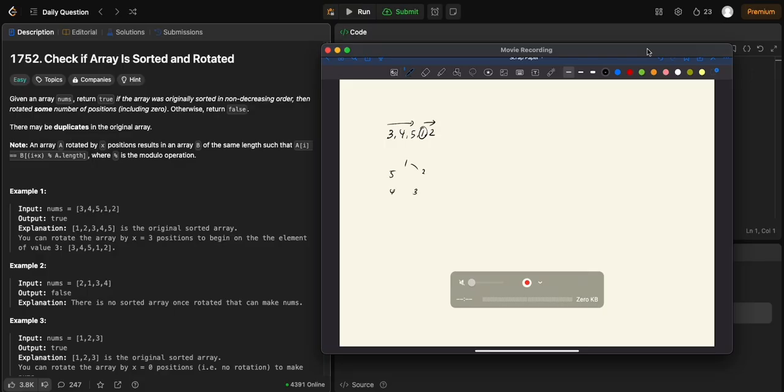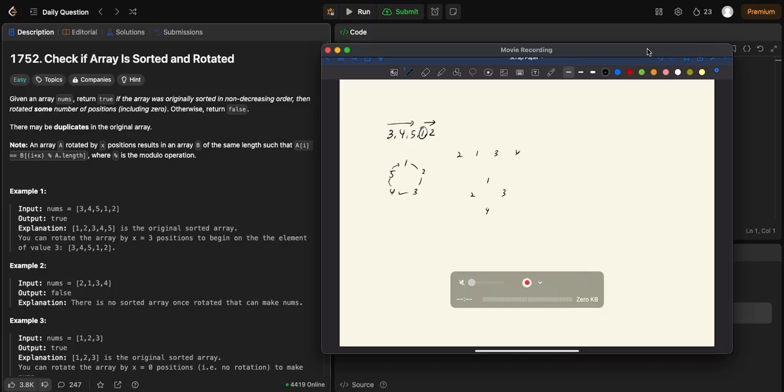Something like this, and this is sorted. So that'll work, but 2, 1, 3, 4 does not work. Well, because if you put it in a circle, there's no starting point that can make this array